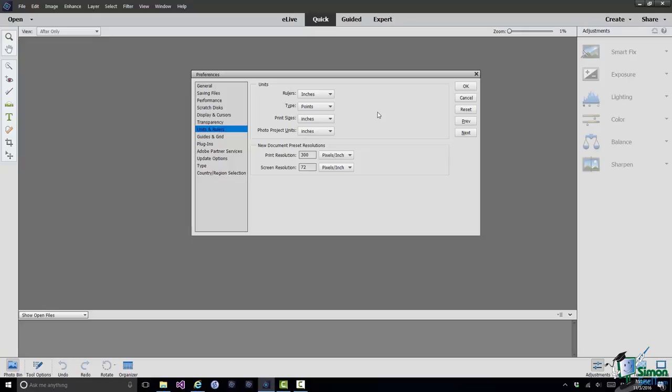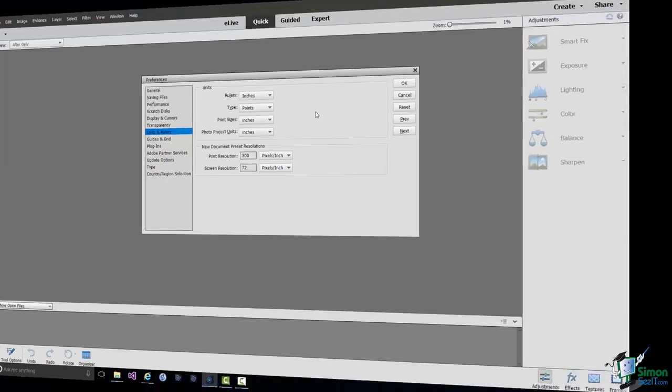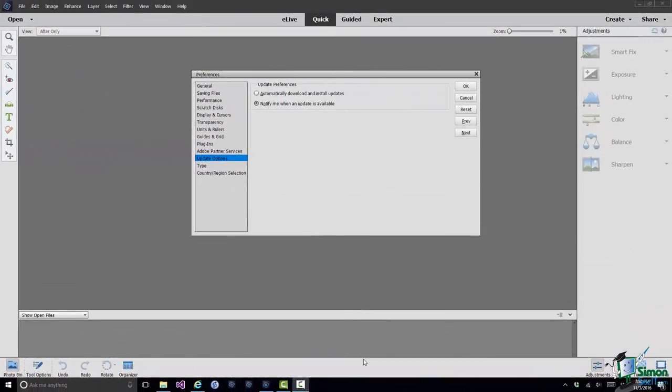But when we do things like display rulers and actually measure the size of images and so on, if you set these the way that you're used to, you'll find performing those operations much easier. While we're looking at editor preferences, there's just one other that I want you to check, and that is if you go to the Update Options page, you have a choice of automatically download and install updates or notify me when an update is available,